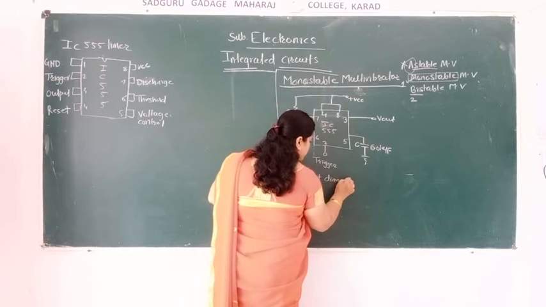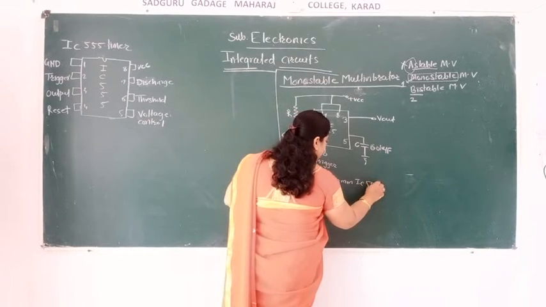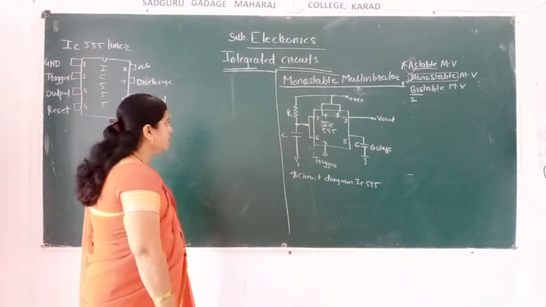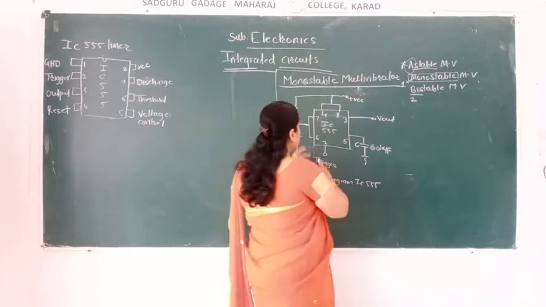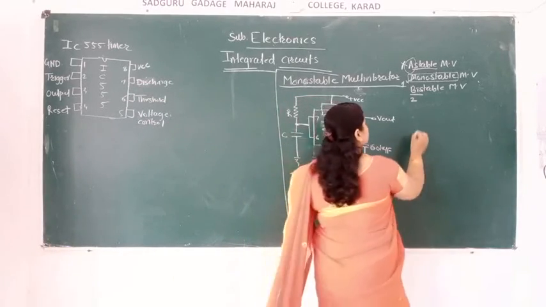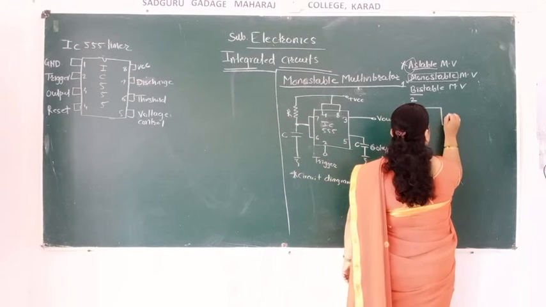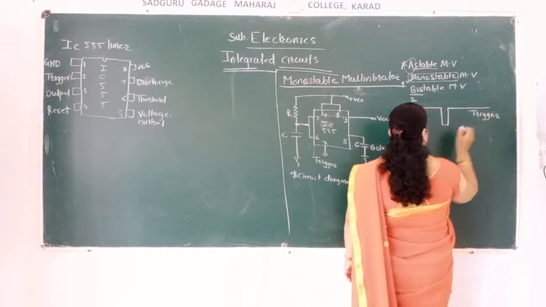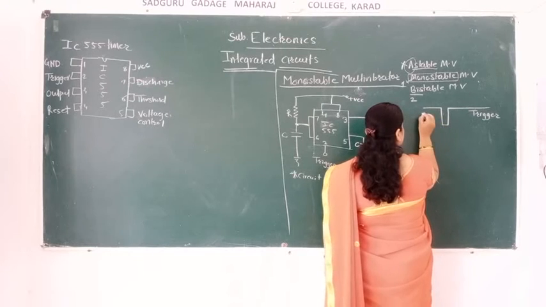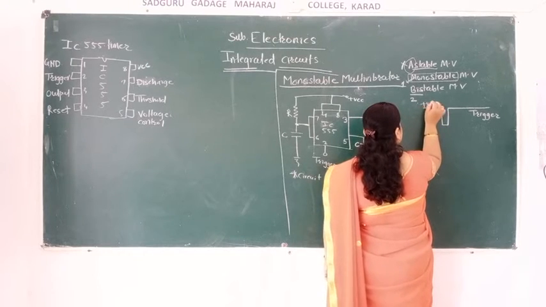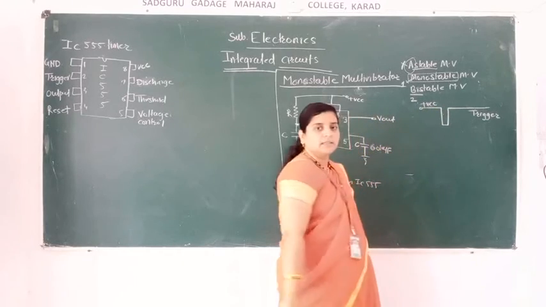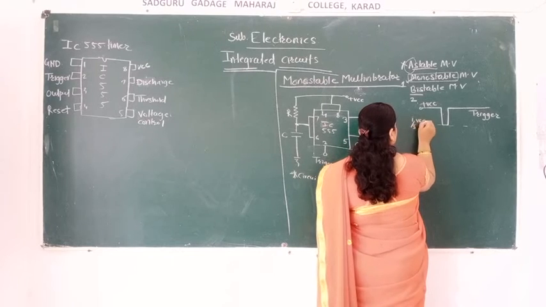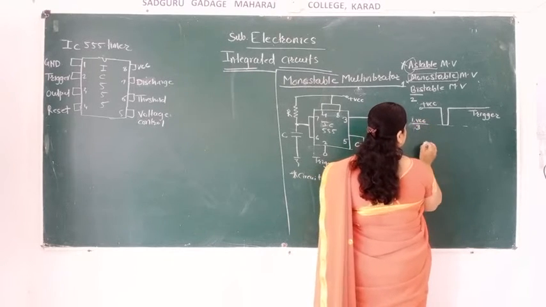Circuit diagram of IC555. Okay, so how does it work? I have told you in the block diagram that we have drawn. There are two inputs that we are giving. First we are giving the trigger input, and this trigger is always, suppose plus VCC is at this point, then it should be 1/3 of VCC, or VCC upon 3, isn't it?